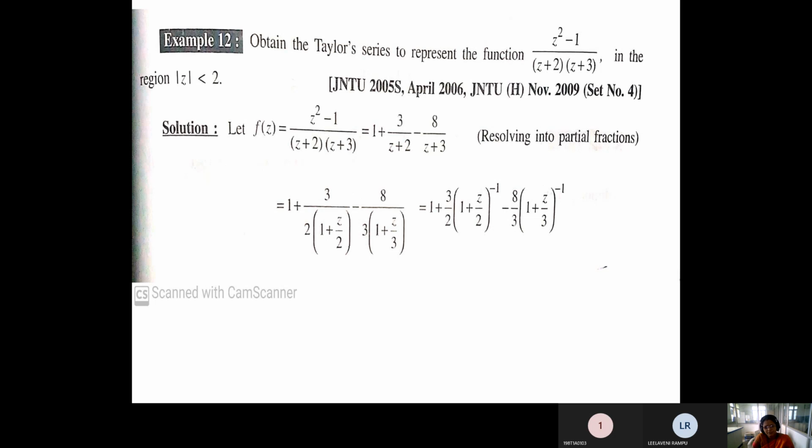But to express in the infinite series, we should have 1 plus z, 1 minus z, like that. So the constant 2 can be taken outside. If you take 2 outside, z by 2, minus 8 by 3 common out, 1 plus z by